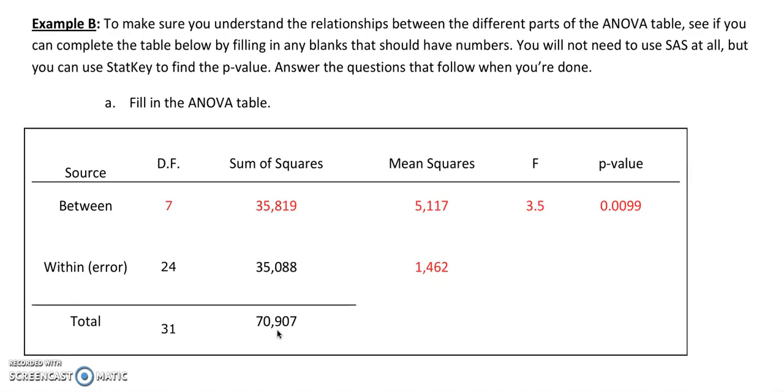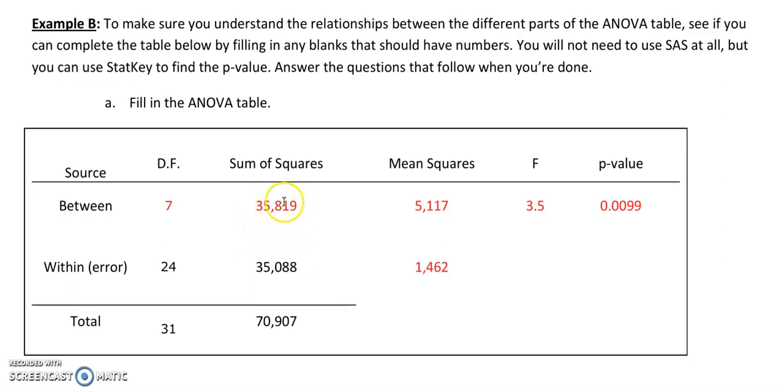So one thing that I could remind myself of is that these two numbers get added together to give me my total degrees of freedom. So if I had 24 here, I know that this needs to be 7 so that these two things add up to 31. Then I would move over to the sum of squares, and I would realize that I can do something similar here. These two things added together need to be 70,907, and so I would just take this minus this to figure out that the sum of squares between must be